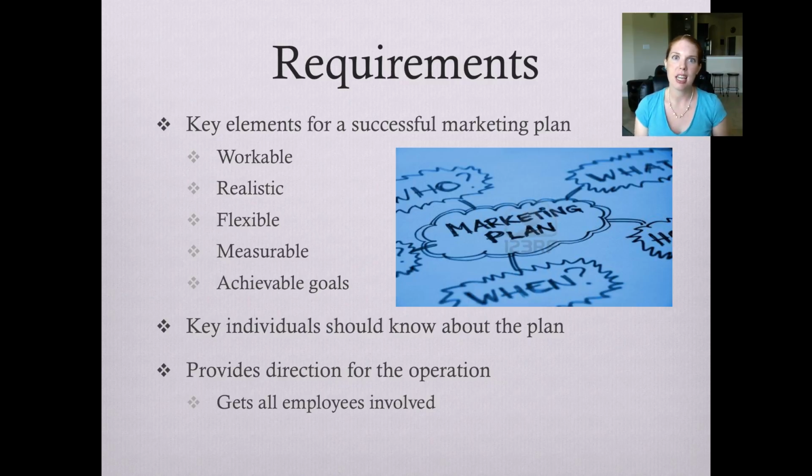And the other thing to keep in mind is that the marketing plan should be accessible to everyone. We've talked about this before, that everyone is responsible for providing marketing. It's not just the marketing team. Operations has a heavy hand in it. Human resources, the business owners, the CEO, all of them have a role to play in marketing. And so for that reason, everyone should have access at least to the objectives that pertain to them. Each individual should know what's going on, so they follow through and do the things that need to get done.